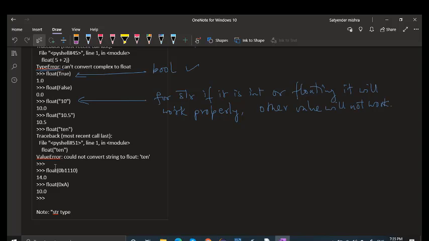Str should be int type or float type with base 10.